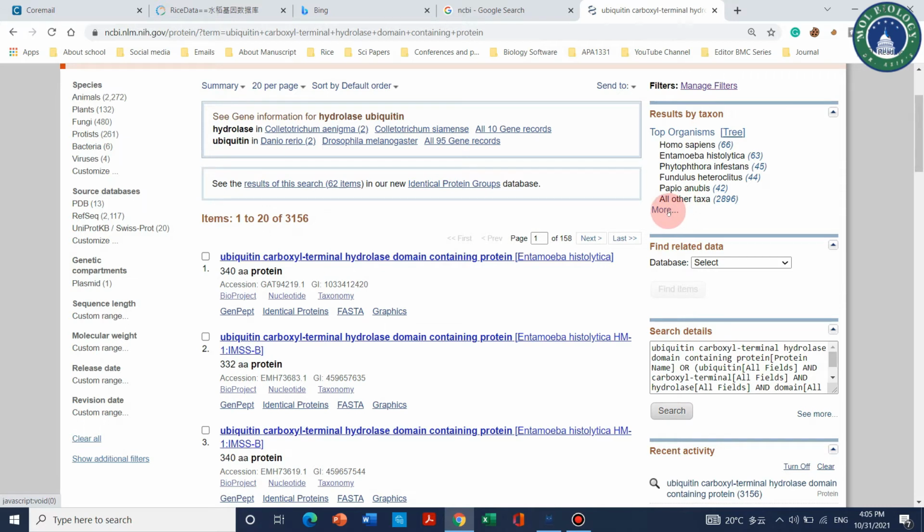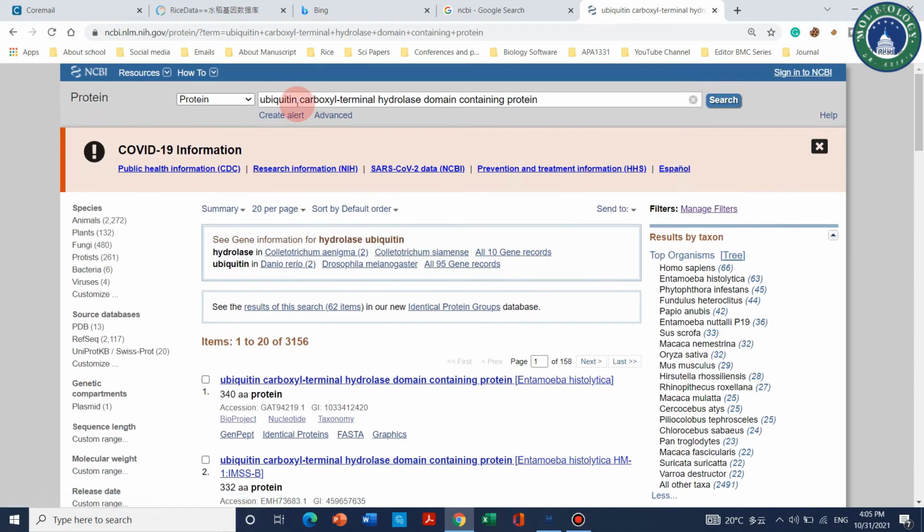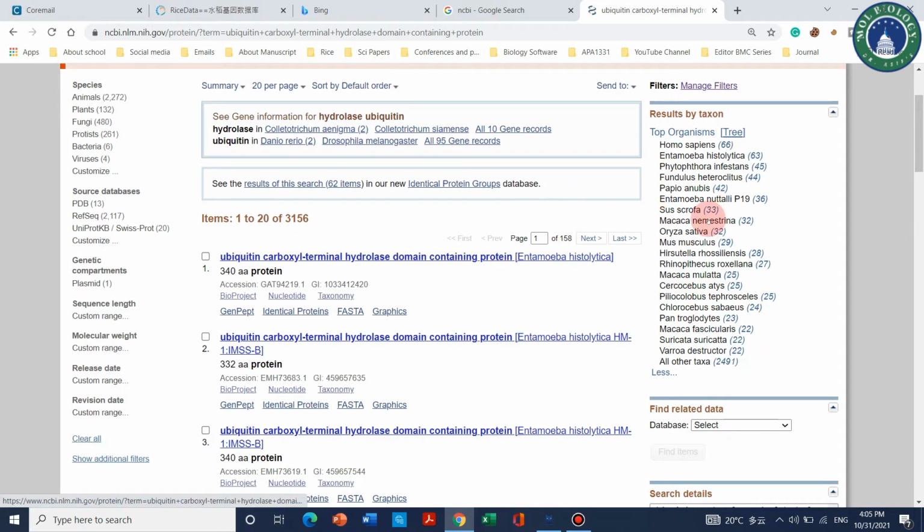The next step is how to choose per organism. These are the top organisms in which this ubiquitin carboxyl terminal hydrolase domain containing protein is found. Let's find the species which we need.